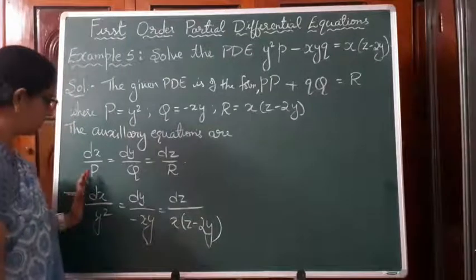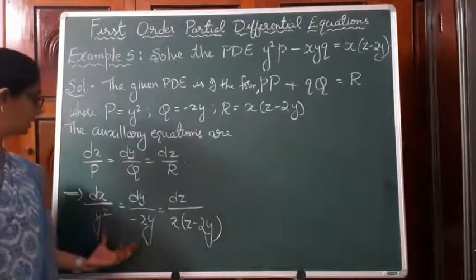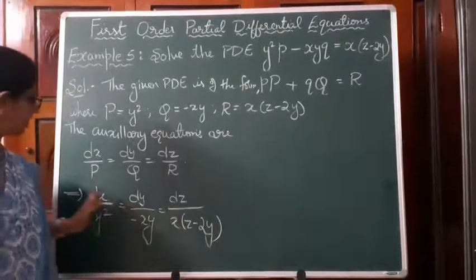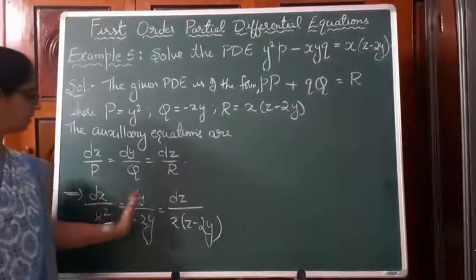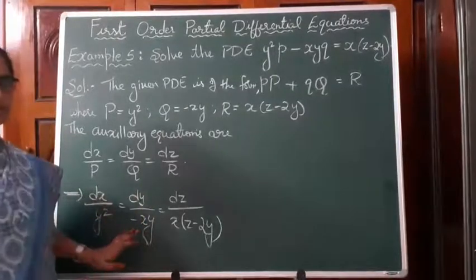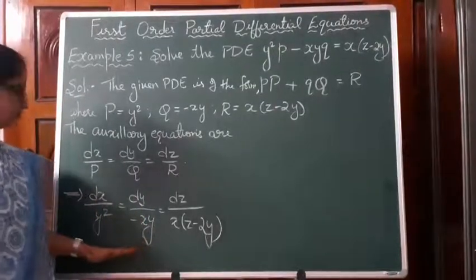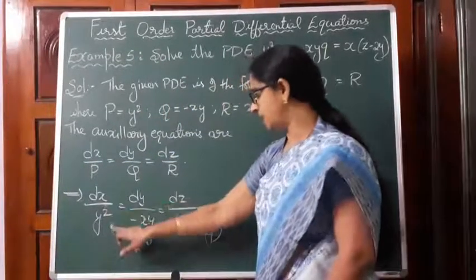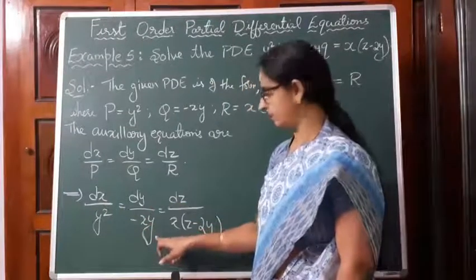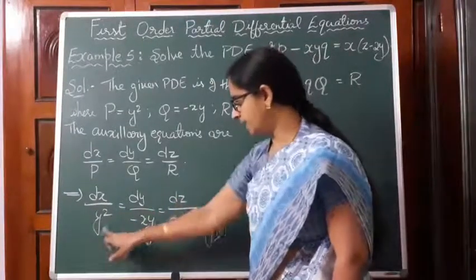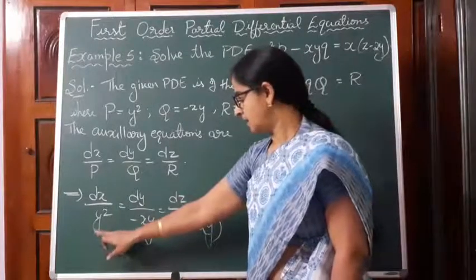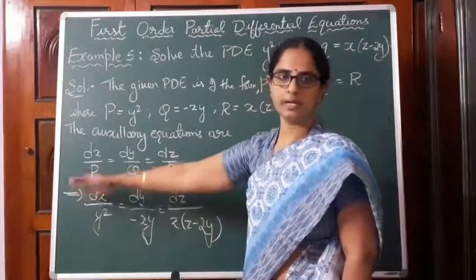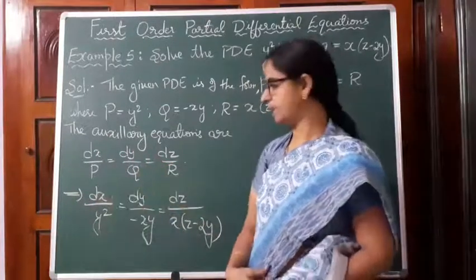Now observe these auxiliary equations and check whether you can group any two terms of these auxiliary equations, so that you can take the x terms towards one side or y terms towards one side, and then check if you can directly integrate and find the solution. So here we have dx by y square is equal to dy by minus xy. If we equate these two terms, the y in the denominator can be cancelled and the remaining y can be taken towards dy and x towards dx, so that the variables are separated and can be integrated directly.